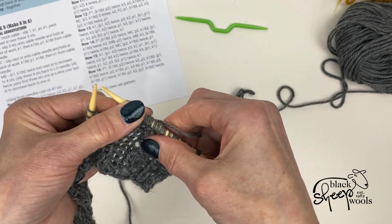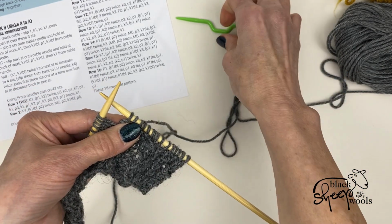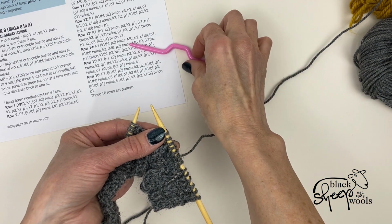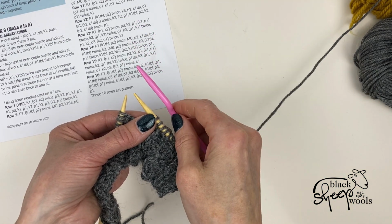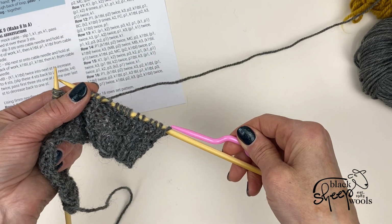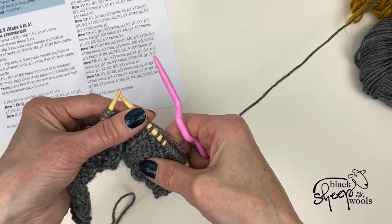Now the next instruction is BC, which is the back cable, and this is where you're going to need your cable needle. So I just swapped my cable needle actually because the other one was a little bit thin and it just fell out of the stitch. So I've got a slightly thicker needle which matches my 5mm needle a little bit better. I don't know why I didn't do that in the first place, but